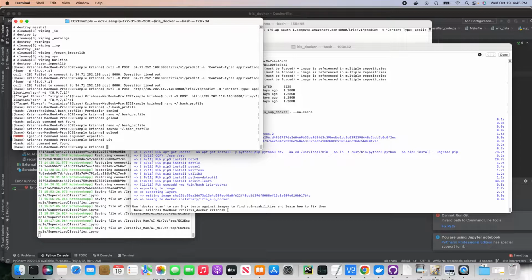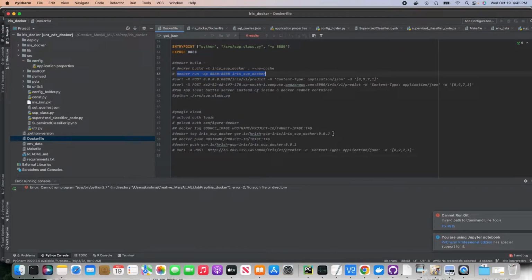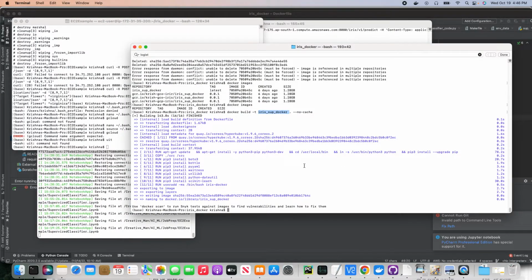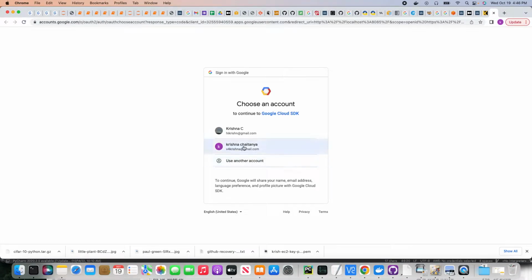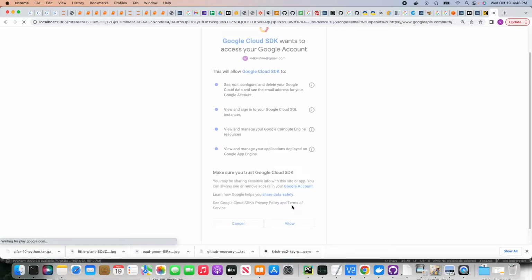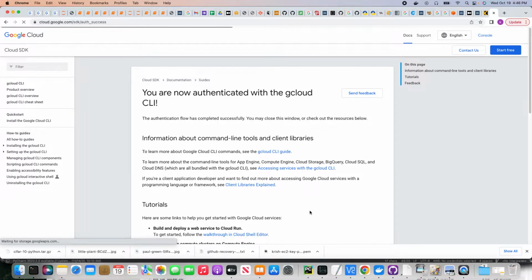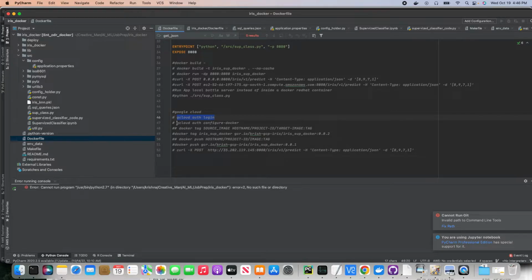The tool is available. So now what we are going to do, we already built a Docker image. We need to tag it. I already had a tag 001. So now I will just use 002, but before that we need to log in to Google Auth. So it opens a login page. You just have to choose which login you're using to use the Google Cloud tool. So it says you are authenticated, and then